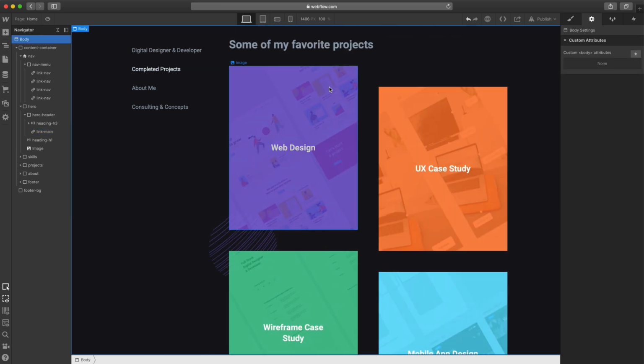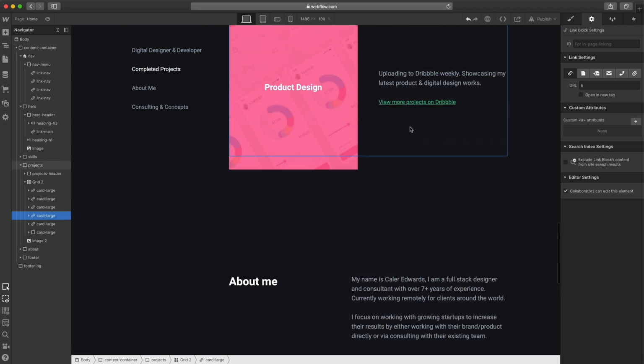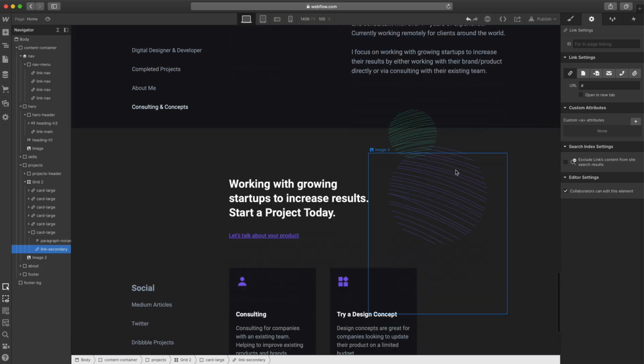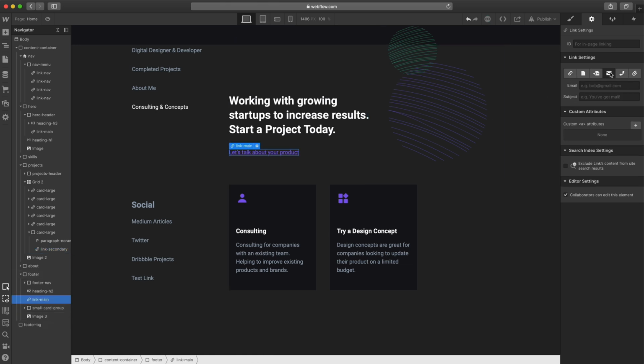We'll go down to our link block, which is card large here. And for each one of these, you can set a URL. So if this were to go to a Dribble or Behance project, you can set that URL right here. And so you can set that for each one of these cards. Same thing goes with this secondary link here. You'd want to put in your Dribble profile or wherever you want it to take you. And for the last one down here at the bottom, again, you're going to want to set that to mail